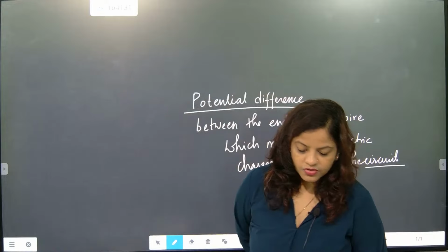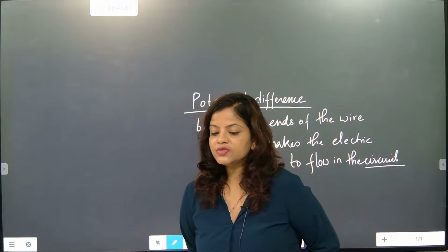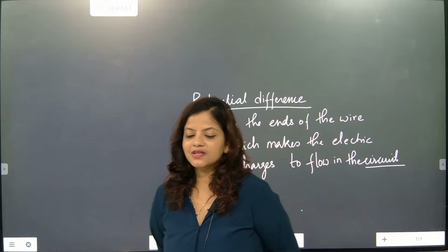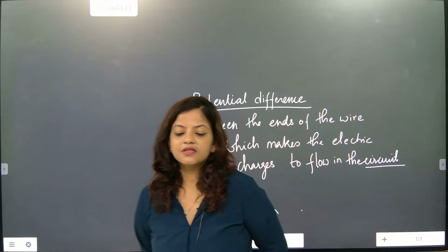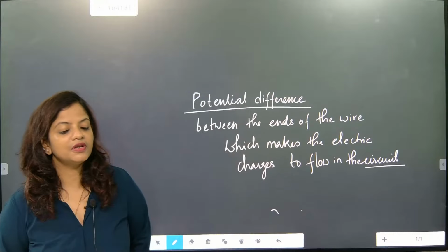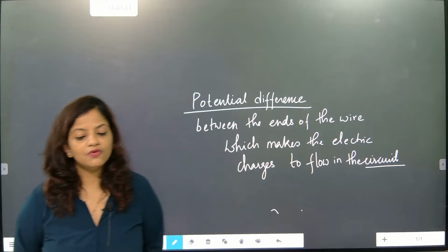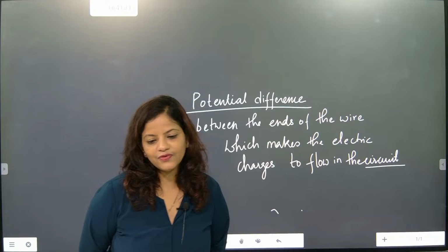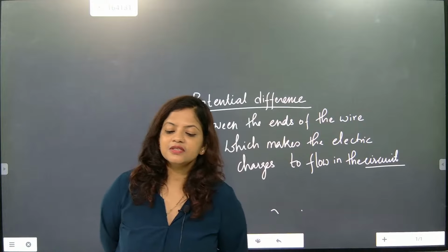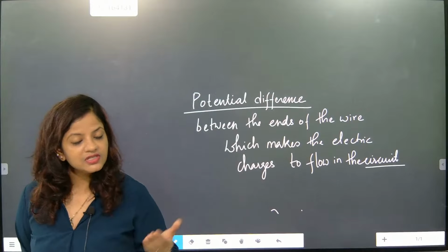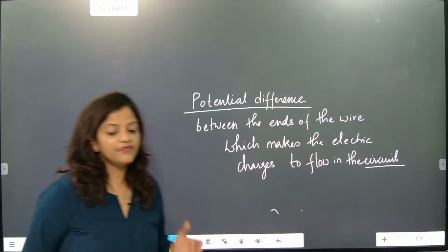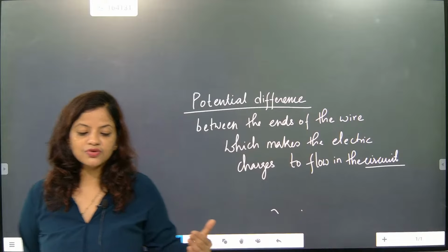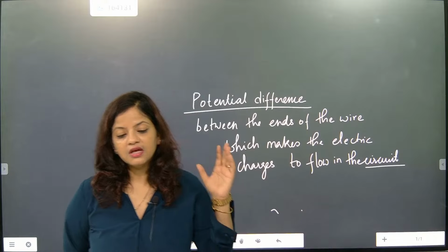Now look here, beta. If somebody asks you these questions, how confidently are you going to answer? Flow of electrons in a circuit. Always people say that positive charges go from the positive terminal to the negative terminal, and because of this flow of positive charges the current flows. That is called the conventional direction. But that's not the truth.